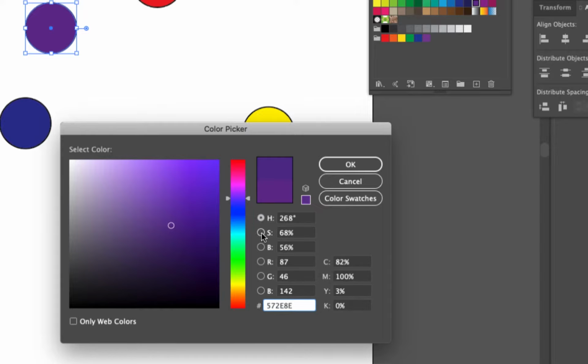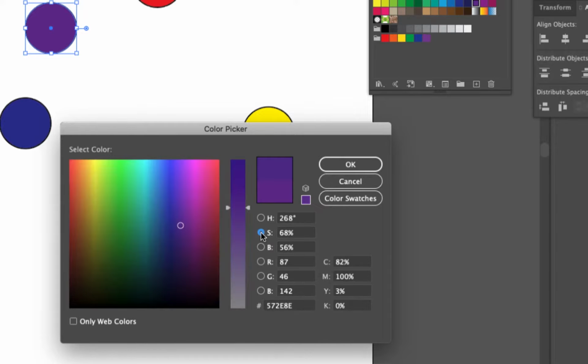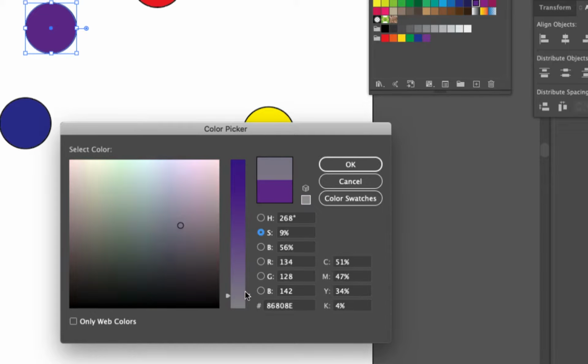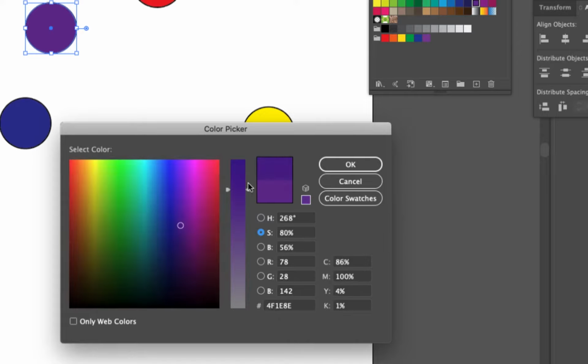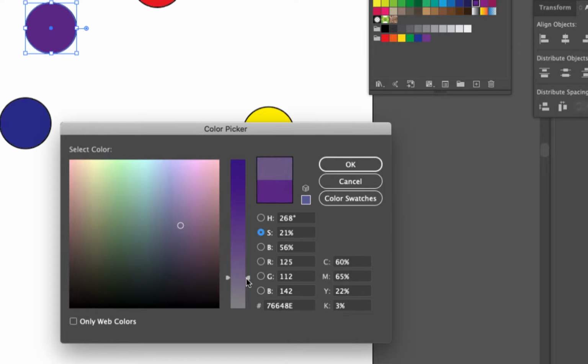But there's S. Anyone know what S stands for? Saturation, which we're going to talk about in a minute. The level of intensity of color. Not to be confused with brightness, it's the level of color versus no color. The amount of color, going from color at full intensity down to completely the grayscale version of that color. So the level of saturation is the amount of pure color versus neutral.